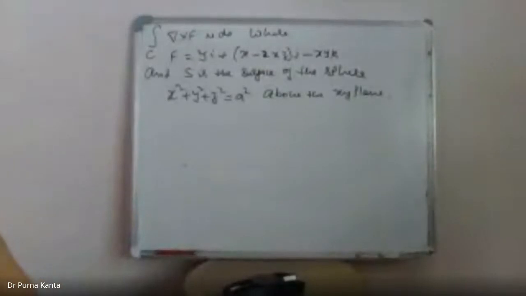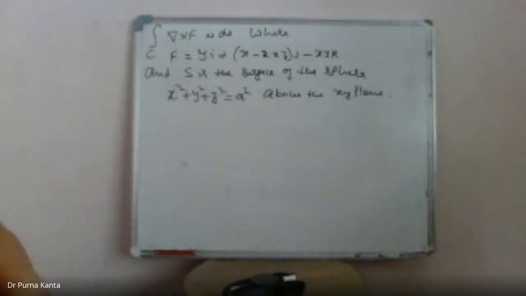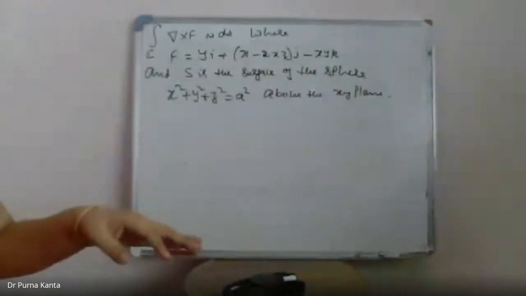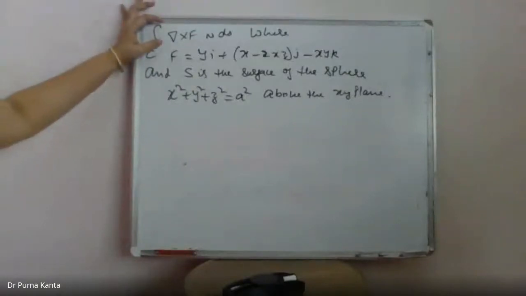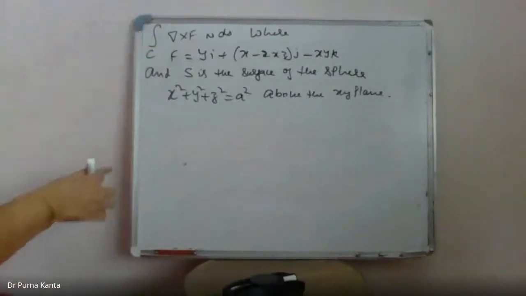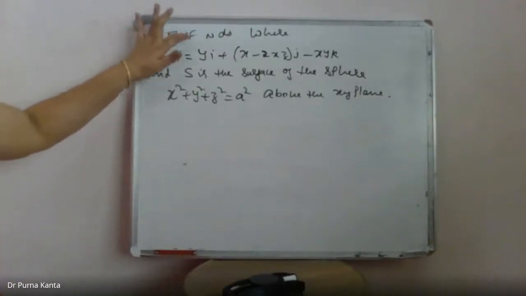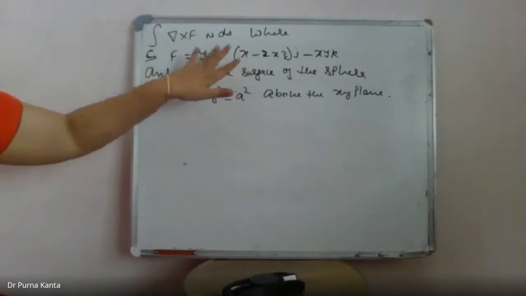So you can observe here that you are given a surface integral and you are asked to evaluate it. Just like the last problem, you could calculate this by taking the curl f, then calculating according to the surface. But here we convert the surface integral into a line integral using Stokes theorem, because we are asked to evaluate using Stokes theorem. According to Stokes theorem, integral over S curl f dot n ds is equal to integral over C f dot dr. And we are given f, so we'll calculate f dot dr.